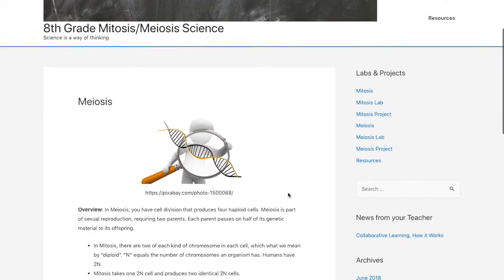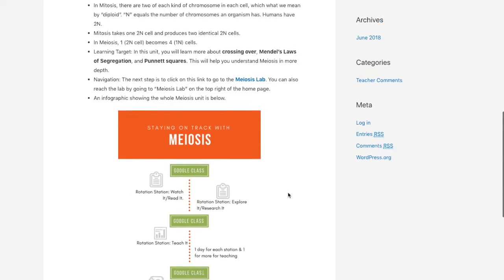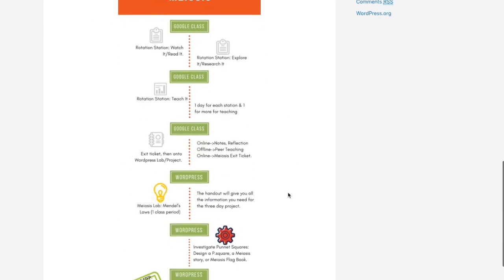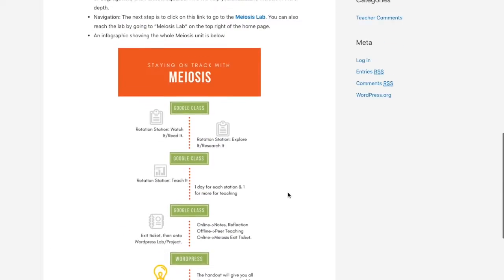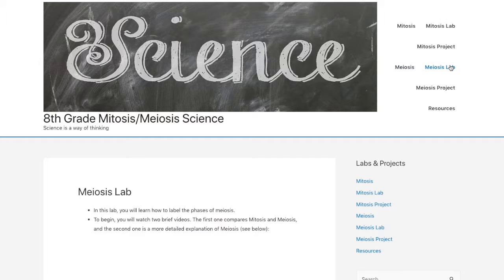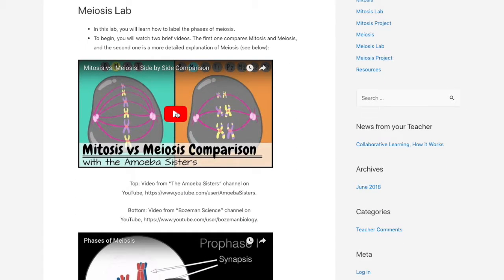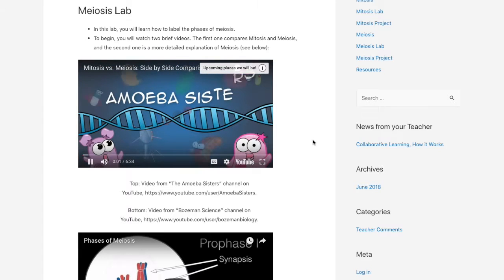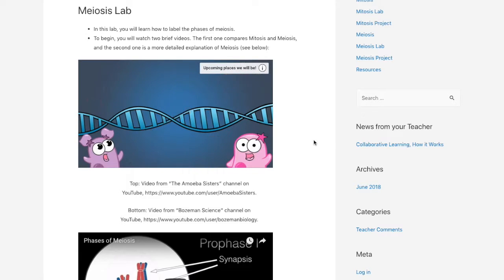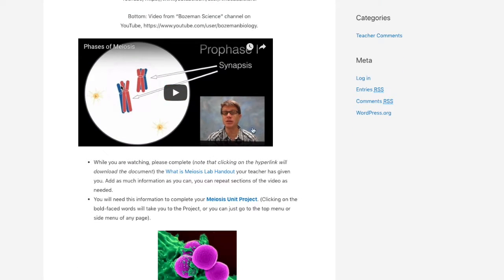On to meiosis in WordPress. So we overview the meiosis, what they've already learned. We have the same infographic explaining how the meiosis unit lays out. And then they go to the lab. In the lab, a comparison of mitosis and meiosis. And then a more complicated video from Bozeman Science with detailed graphics of those more complicated aspects, including the crossing